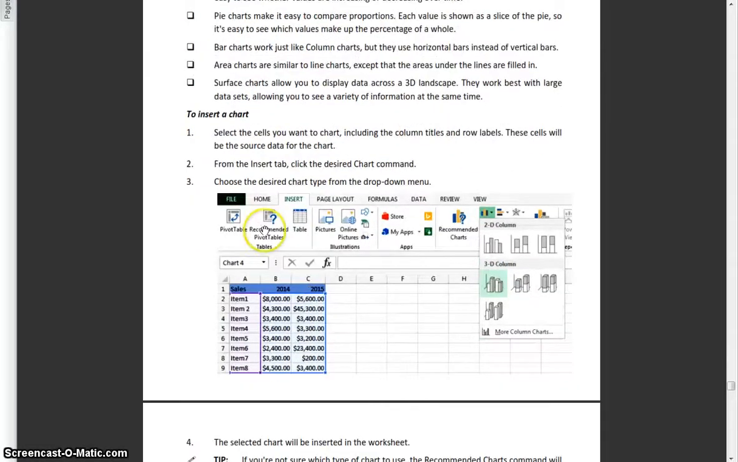Now, to insert a chart, you always select the cells you want to create a chart for, including the column titles and the row labels. These cells will be the source data for the chart. From the Insert tab, choose the desired chart command. Choose the desired chart type from the drop down. Let us go and try to see it